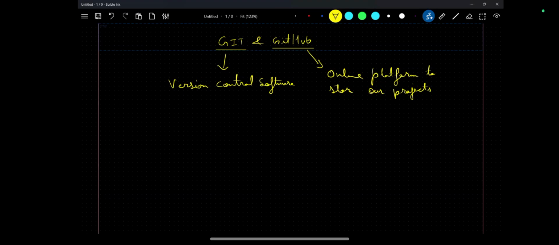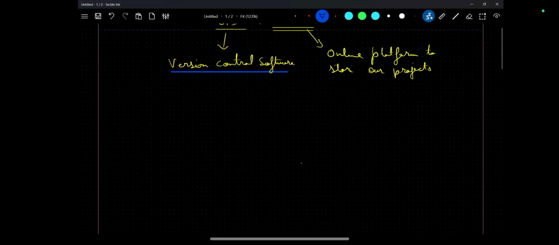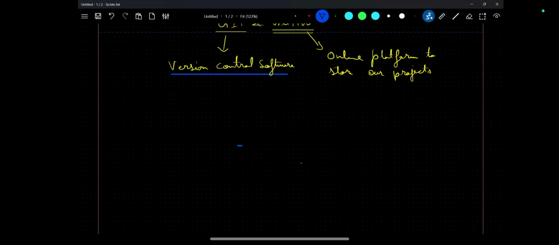Now I'll come back to GitHub. First of all, let's try to understand what exactly version control software means. When you are going to create an application, you are going to create one folder first of all. Let's suppose you are working on a project. You will create one folder, and we will call this folder a repository, or repo in short.